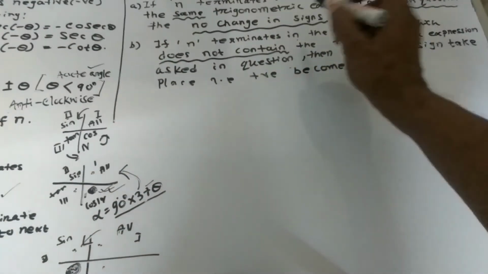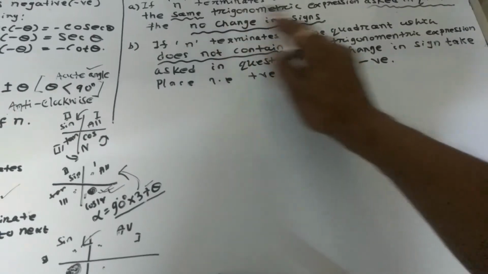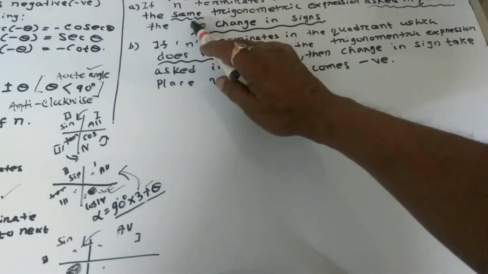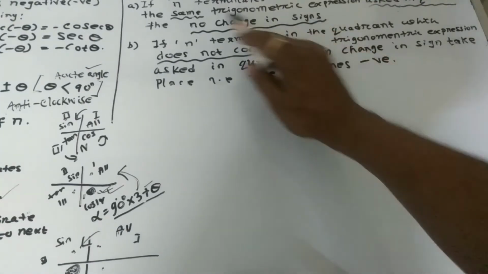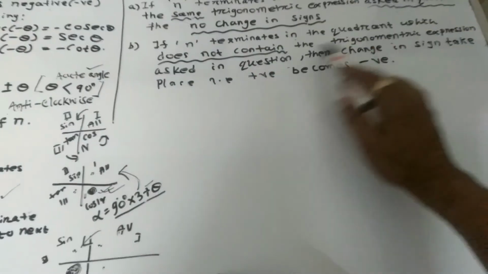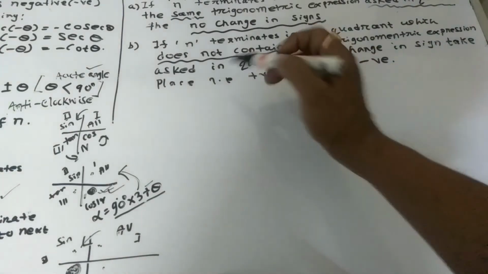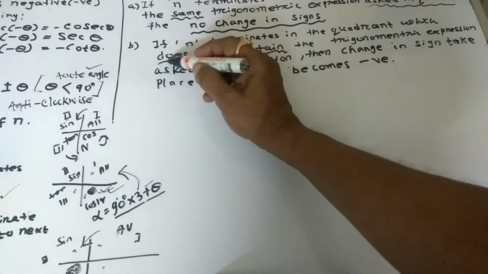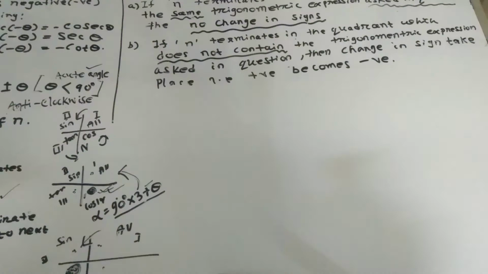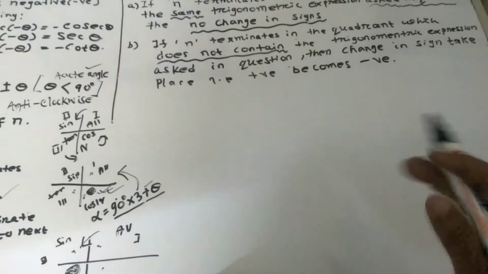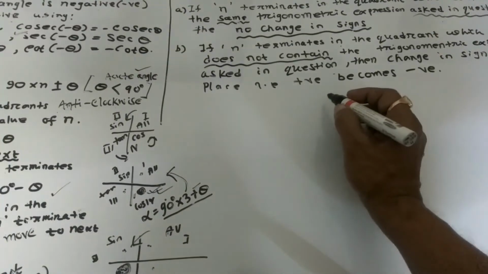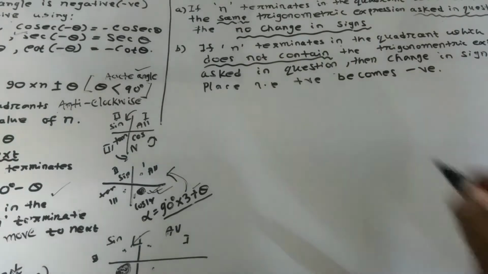Okay, I have shown you, though it is a bit of a long video, but it is not possible to make you understand in a short video. Anyhow, just patiently follow this video. Carefully read: if the n ends at a quadrant that is not the same, then we have to consider a negative sign, and if it ends in the quadrant in part 1, then the sign remains unchanged, no change in the signs.